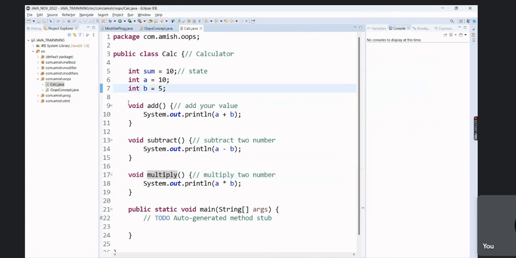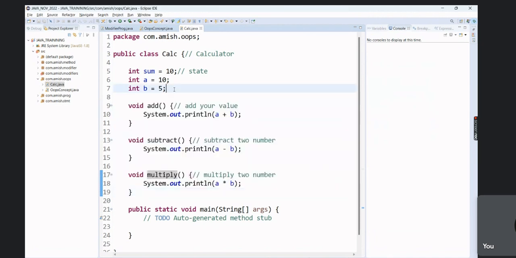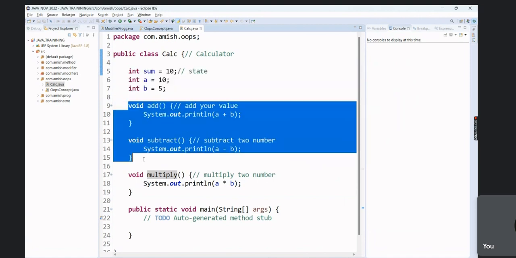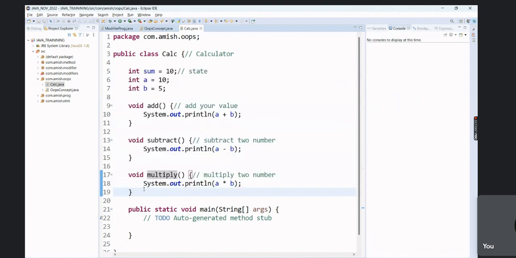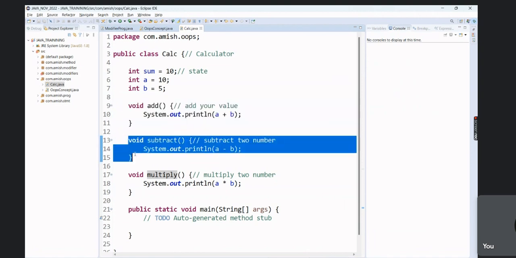Okay, so what are these methods? These are the behavior of this class. These are the state of this class, and these are the behavior of this class. Behavior means functionality. Just assume this one is your calculator, right? Add is a functionality of the calculator, subtract is a functionality of that calculator. So in a calculator, we have different functionality. We have addition functionality, subtraction functionality, multiplication functionality, division, and many types of functionality